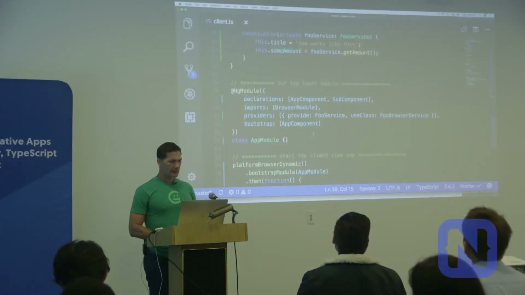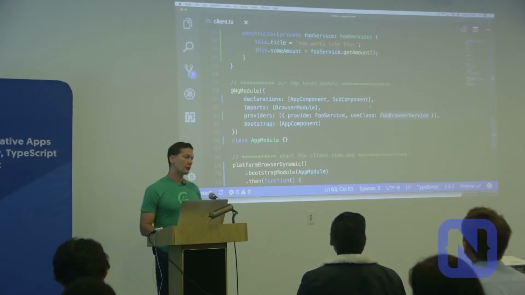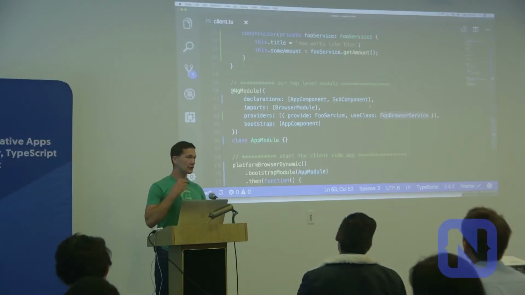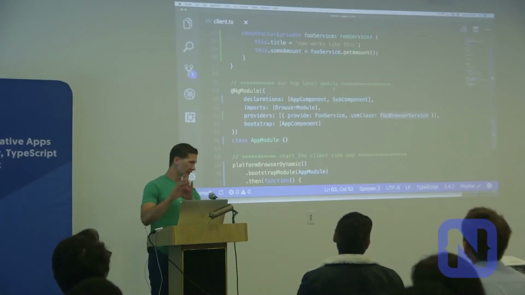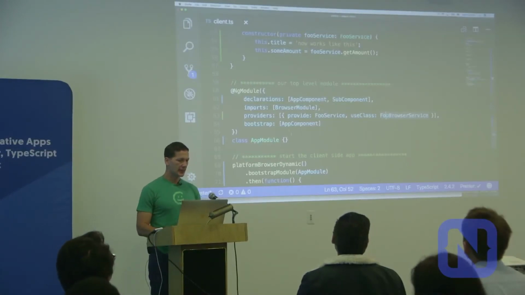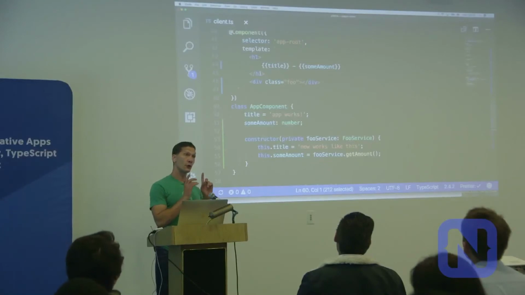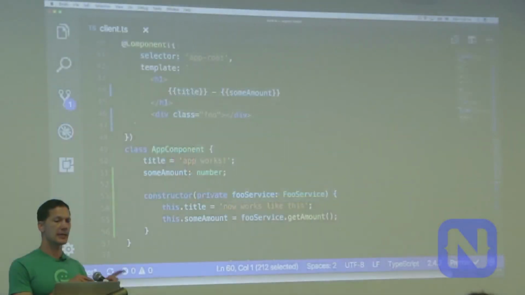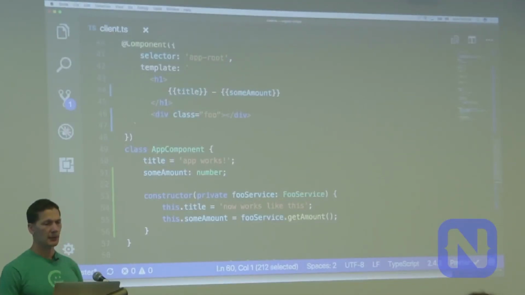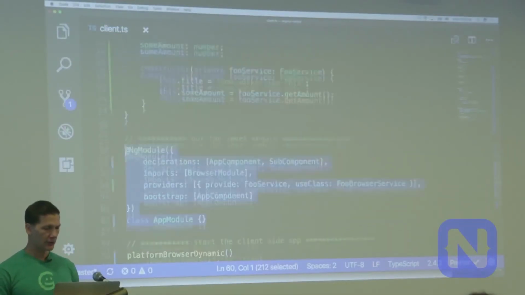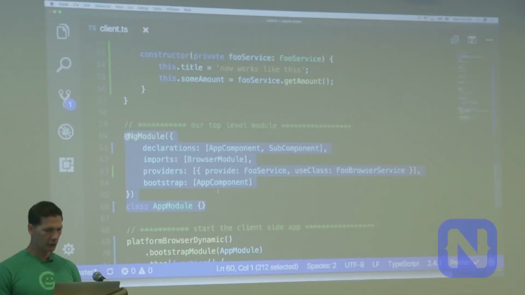So in this case, typically for each platform, you would end up having your own bootstrap. I'm doing everything in one file right here for simplicity's sake, but in order to differentiate between the different platforms, for browser and server, your components can be the same, because the NativeScript view layer is different. The NativeScript view uses NativeScript XML. Those do have to be different. But for, let's say, the web and server, you can use the same components, but you would have to have